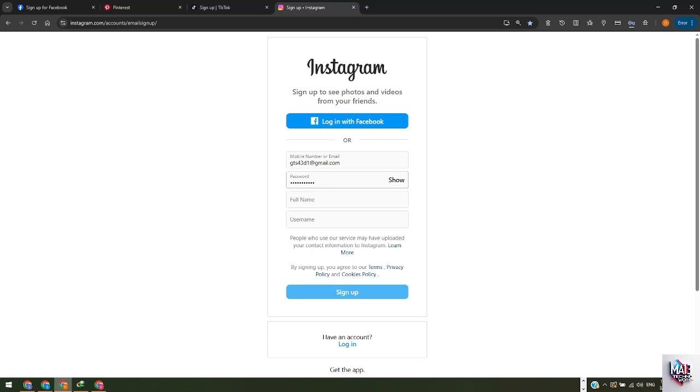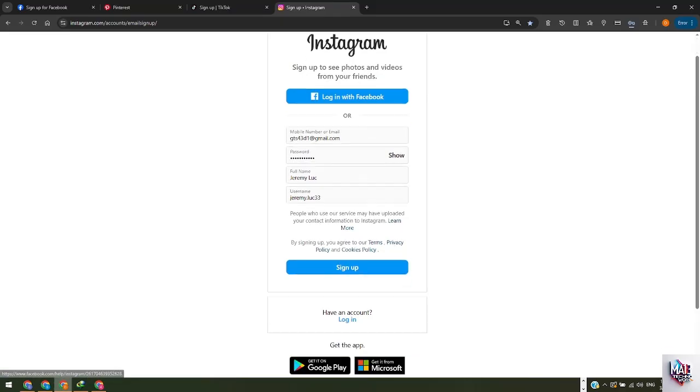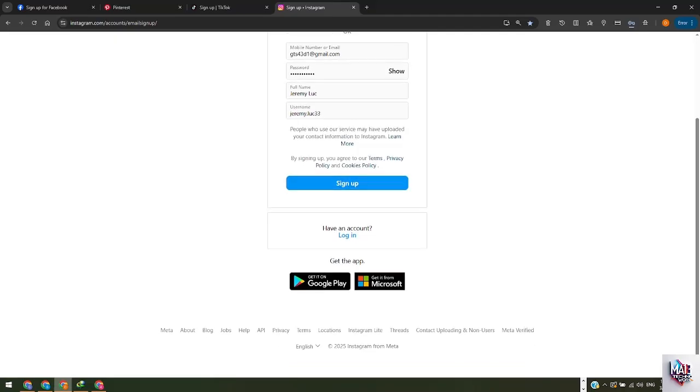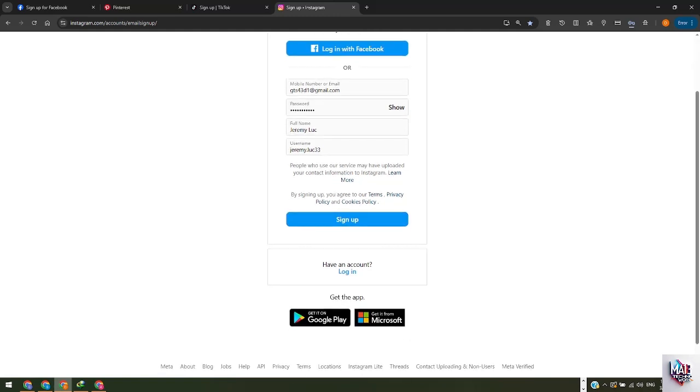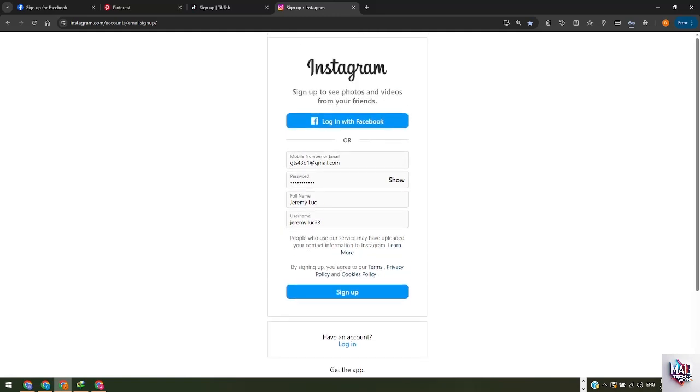Then you will write your full name. After that you will write your username, and your username should not consist of any capital characters. You will use in it small characters with numbers, and between them you can use underscores or periods to